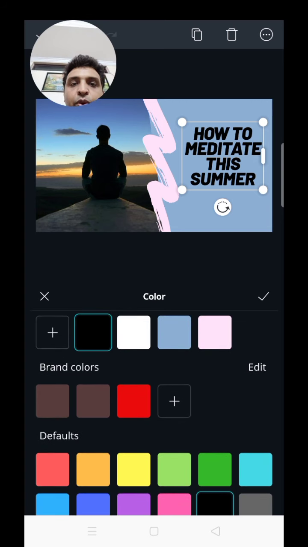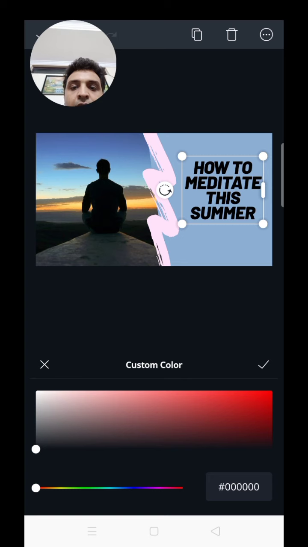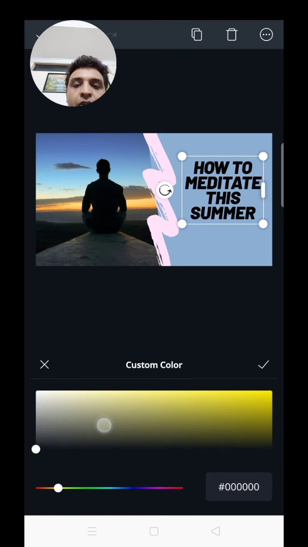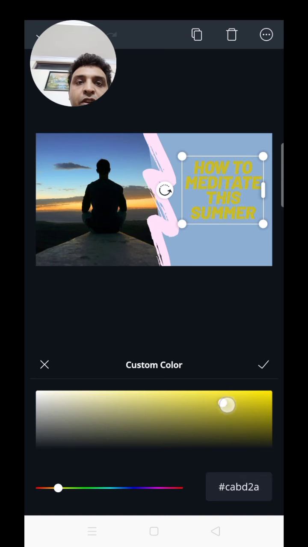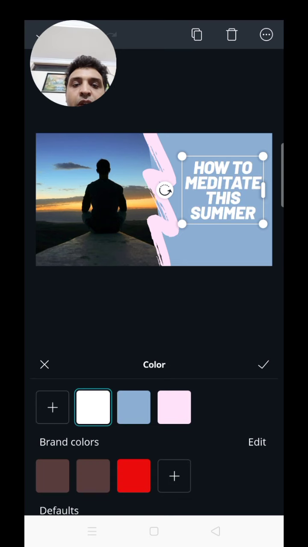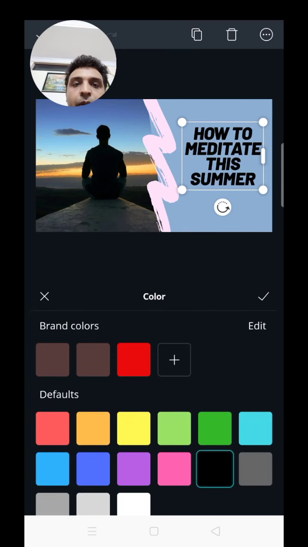I'll select this particular color, and then click right. If I don't want to select any one of these available ones, I can just click on here and select from this menu as well. It would give me a list of colors, and then I can select whichever you feel is right for you. But since I said I want to do black, I'll not select it. I'll rather go for the black one here.